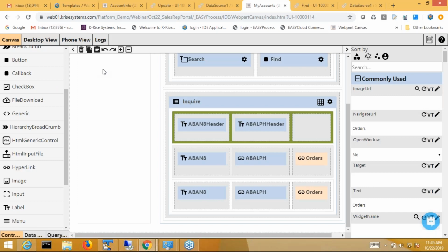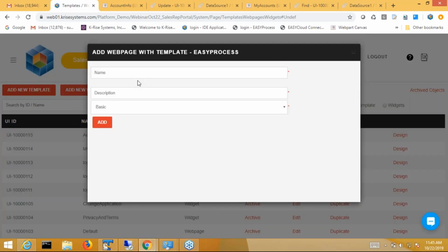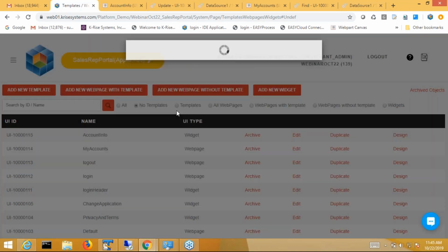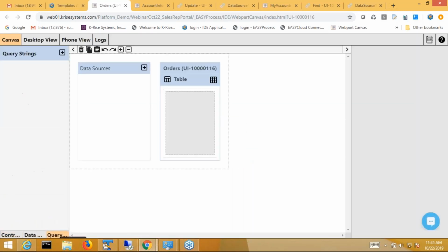Okay. Now I need to create a new web page called orders where this control will go. So I'm going to create a new web page with template, and I'm going to now name that orders. And the page is added. So I'm going to go to the design of this page. Again, the first thing I need to do is set up the query string AN8. Again, this is the communication. A calling page needs to tell the called page what the address book number to do the query on. So I'm going to add a data source,